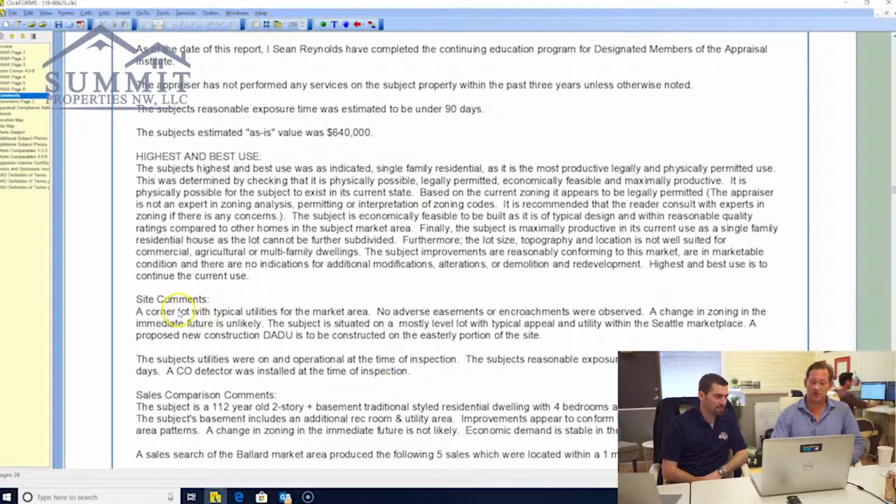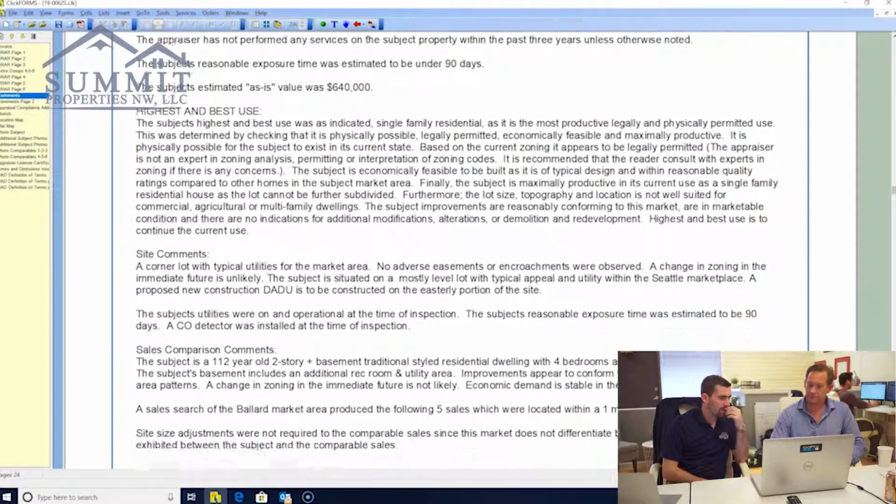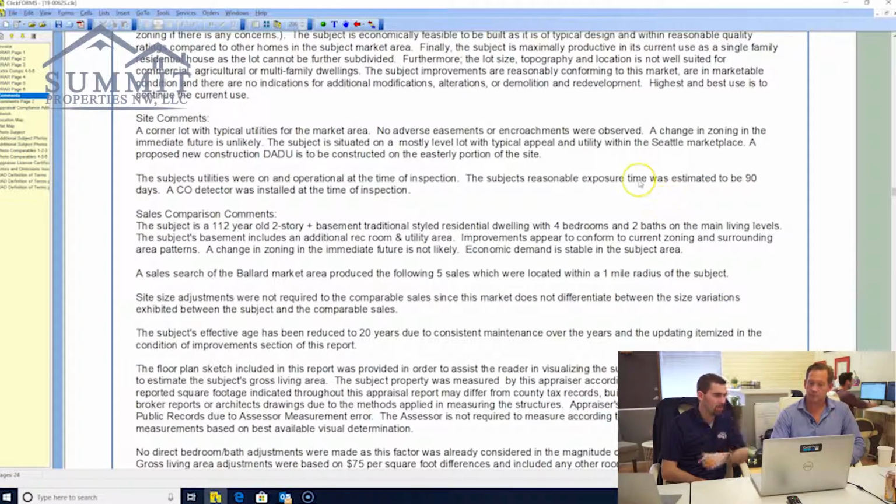Perfect. And so here's the site comments we're looking for. It's a corner lot. This will be helpful for my write-ups. I think the more detail, the more they'll like and appreciate, especially for auditing purposes. So I'll start using these more to pull info from. Great. I'm glad you showed me the addendums. Great. And this is a proposed new construction,